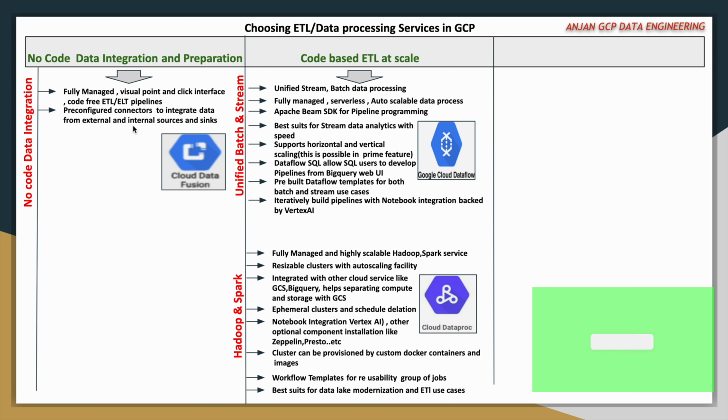It also provides pre-configured connectors to integrate data from external and internal sources and sinks. Source means from where you are trying to extract the data, sink means to where you are loading the data. We have a number of connectors available, for example JDBC connector, SAP HANA connectors and all those. So you can make use of those connectors to integrate data from sources to the sink, and you can also perform transformations. Basically it is built on the open source service called CDAP, and